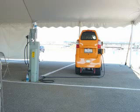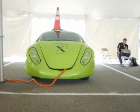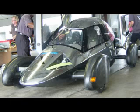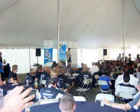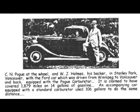Amongst the vehicles that placed, most were electric. None were based on production vehicles. The only gasoline engine winner was in the four-seater category. And it could be argued the X-Prize officials bent the rules a little just so they would have a winner for that slot. The Charles Pogue story stands out partly because it was the first super high-mileage carburetor at over 200 miles per gallon,